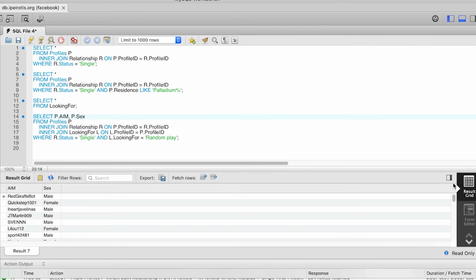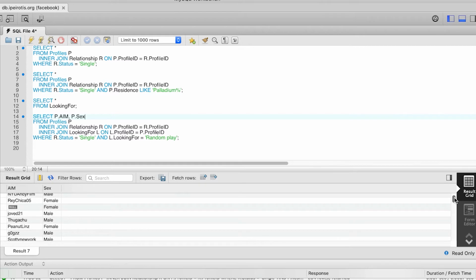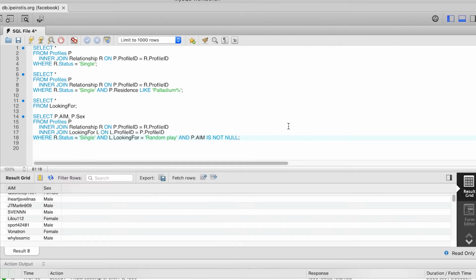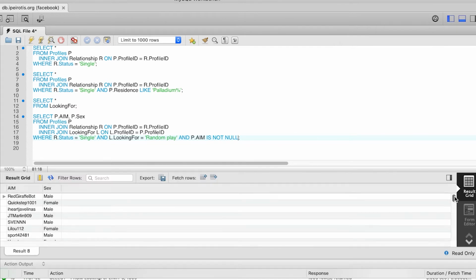So they can set up their dates and talk to each other over instant messenger. You'll see also that we have a few people that don't have instant messenger attribute declared. So let's eliminate these people from our results. So we go to the where part and p.aim is not null. So we eliminate all the null values from the results. And now our query is ready and we have the basis for a new Tinder.